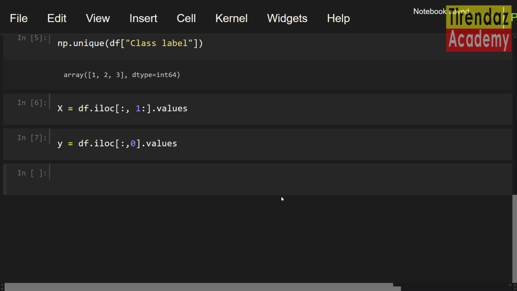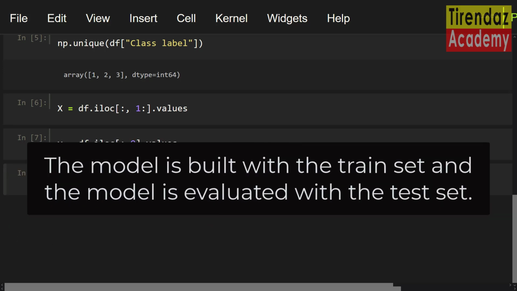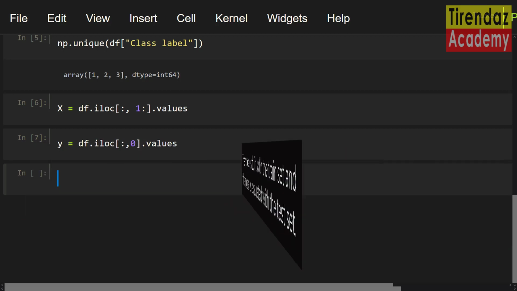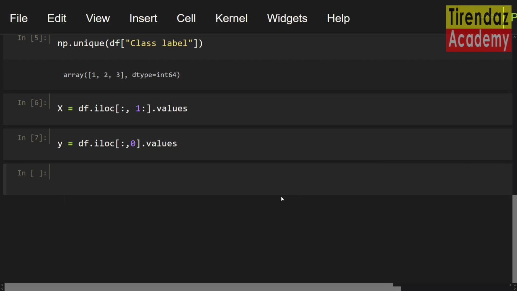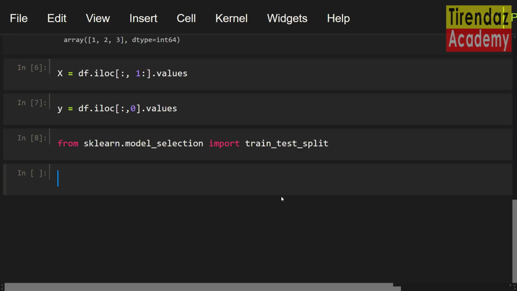The dataset is split into a train set and a test set. The model is built with the train set and the model is evaluated with the test set. Now, let's split the dataset into train set and test set using the train_test_split function. First, let's import this function: from sklearn.model_selection import train_test_split. Let's split the dataset using this function. X_train, X_test, y_train, y_test equals train_test_split.